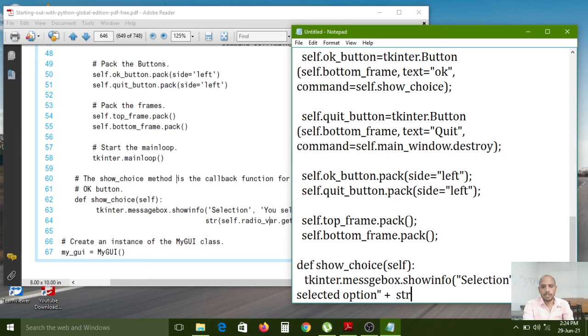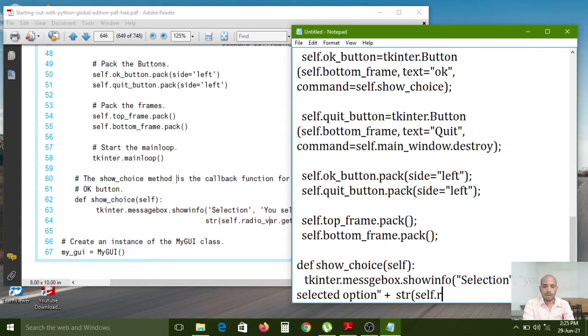Here you need to convert the value, because here they given value equal to 1, value equal to 2, value equal to 3, which are integer values. Now it needs to be converted by using the string function, str, which is a string function.